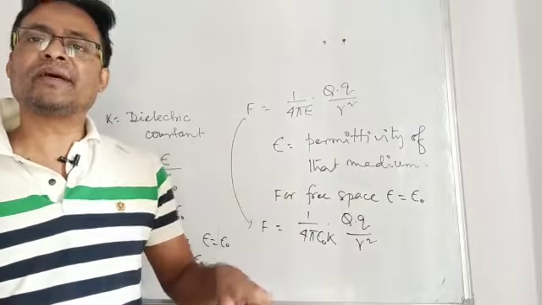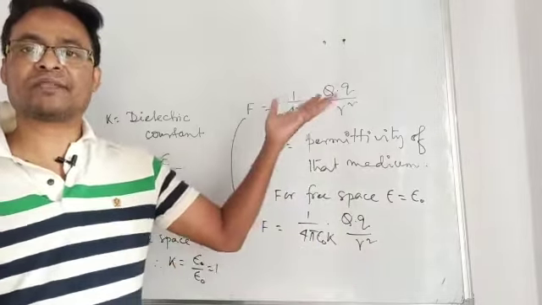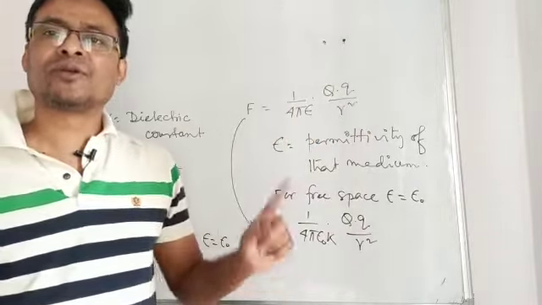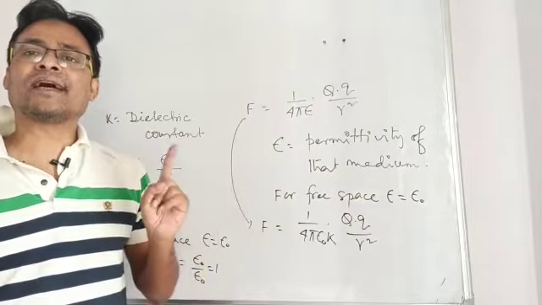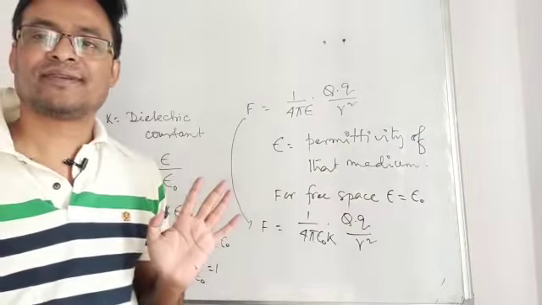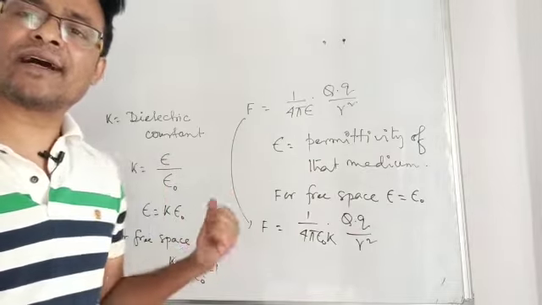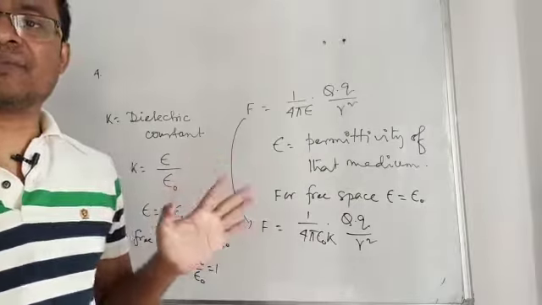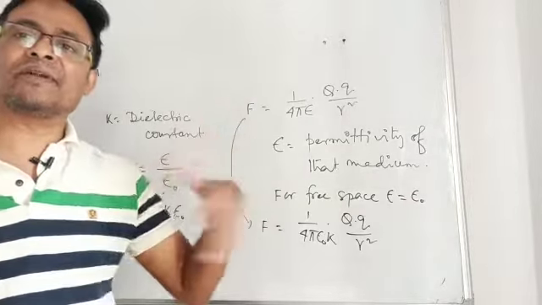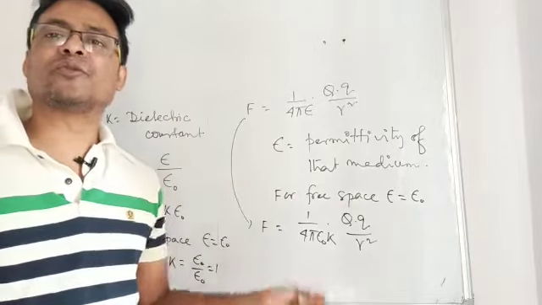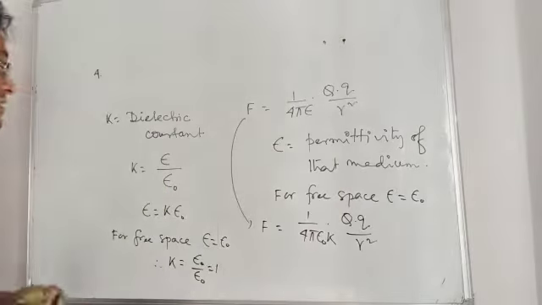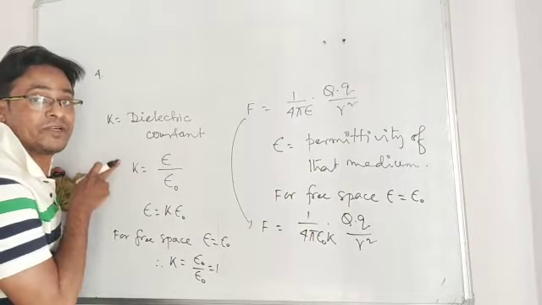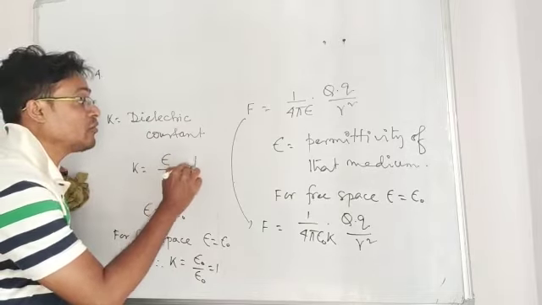But if that space has something, suppose I put water inside between the two charges, I just have to know the dielectric constant of water, right? So the reason behind bringing the concept of K is nothing but to make remembrance easier, because K is a dimensionless, unitless quantity. It is a unitless and dimensionless quantity. It is a pure value,